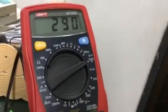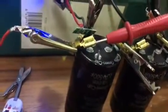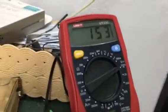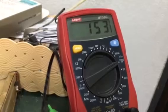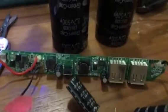And these are the results that were obtained. In series, I got 2.9 volts of charge on these two capacitors, and if I take my voltmeter out and read in the middle, then we can see that we get about 1.5 volts in the single capacitor mode there. And that's the short and the long. It was free and it was quick,